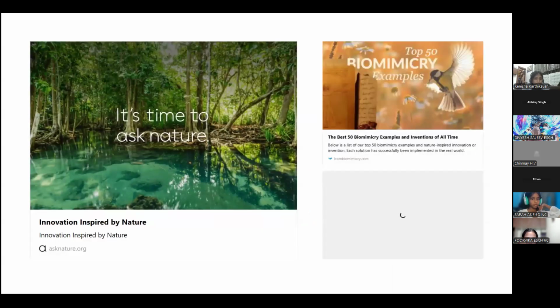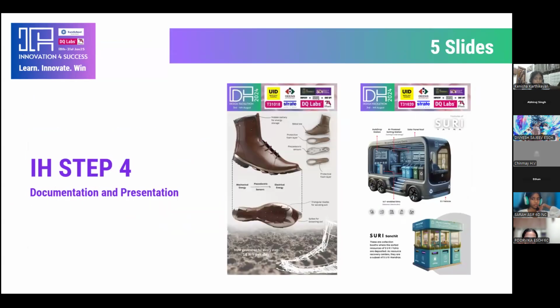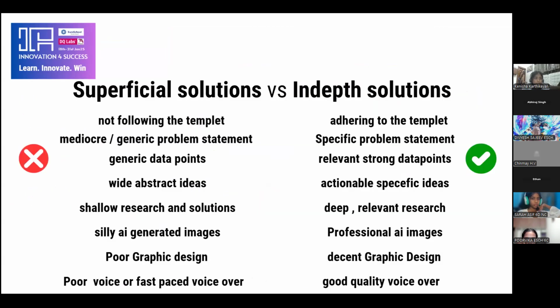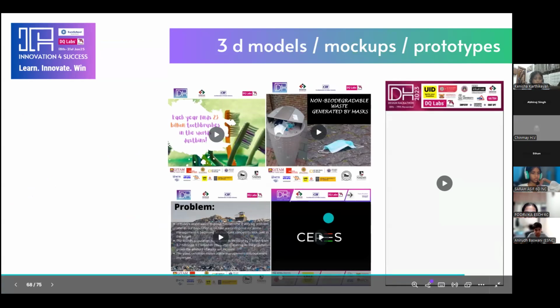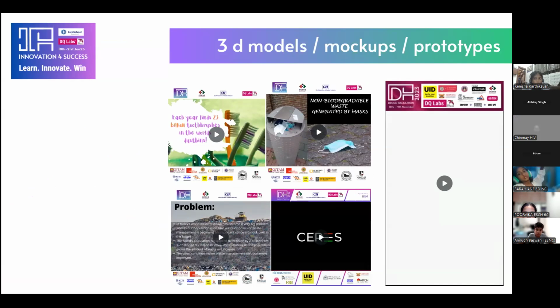Let me see if I have a couple of different mock-up ideas. Yeah. So here I'll be showing you a couple of different models, mock-ups or prototypes that you could be doing. Let's just look at this video here.